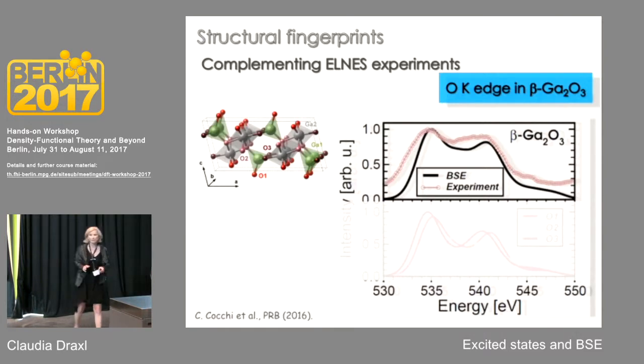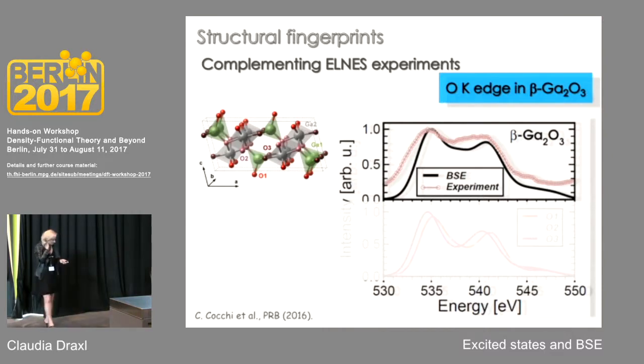So my last example, and then I will finish in time, is something completely different. Here we have used core excitations for fingerprinting. This is what core excitations are typically used for. So XANES or XAS experiments are used in order to probe the local environment of a core excitation. We do it here for gallium oxide, which is a very interesting material for optoelectronics. It has a wide band gap. It's used for transparent